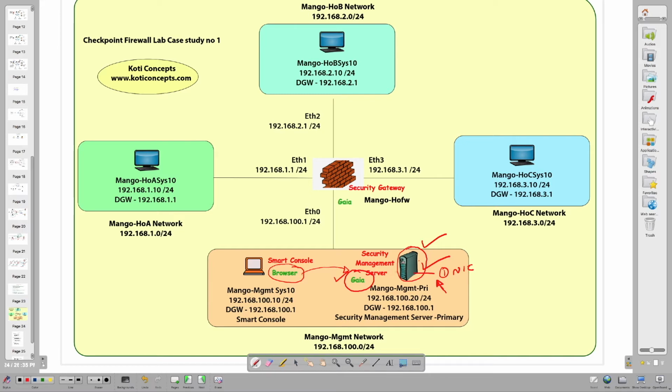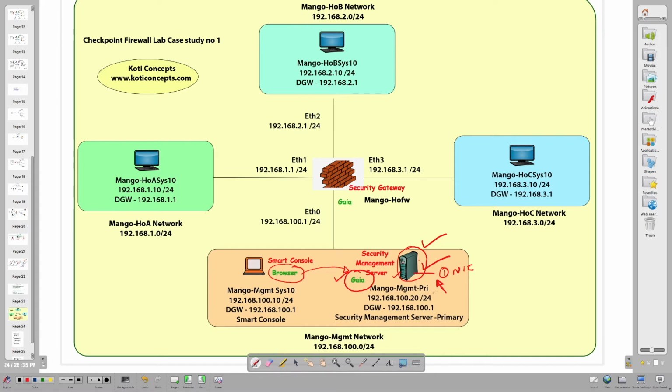So it is asking us which port is used as the management port, and if ETH0 is going to be the management interface, what is its IP address?